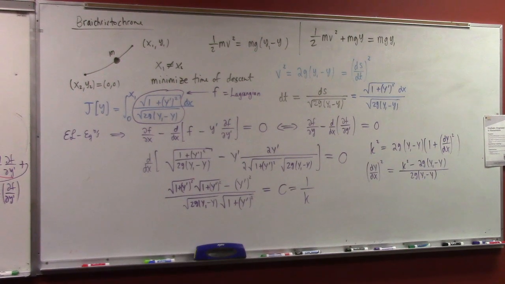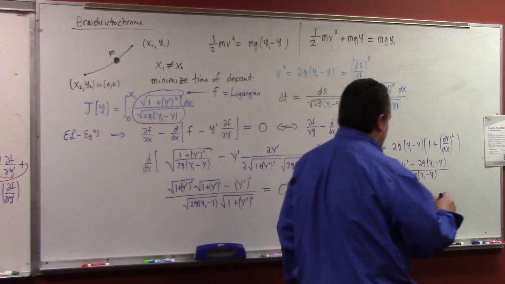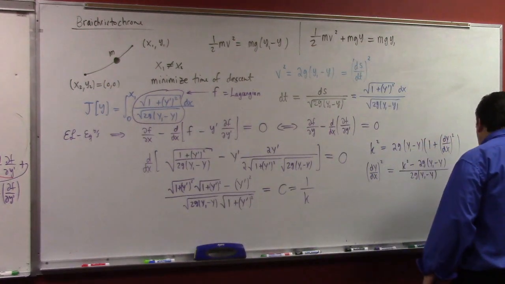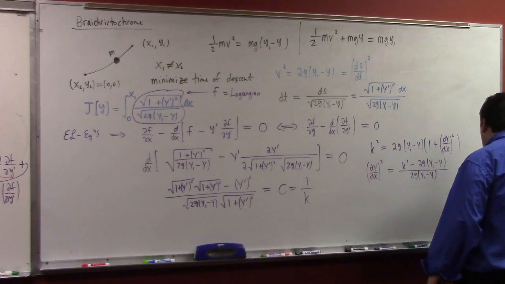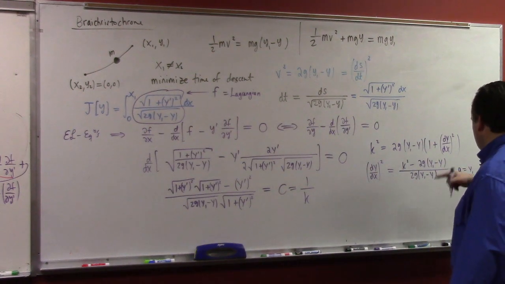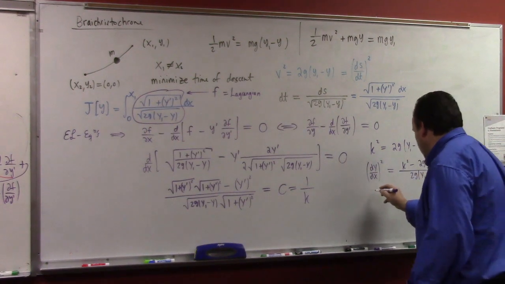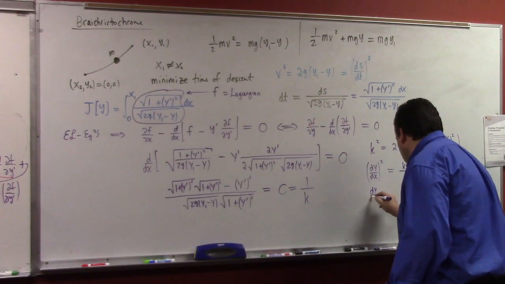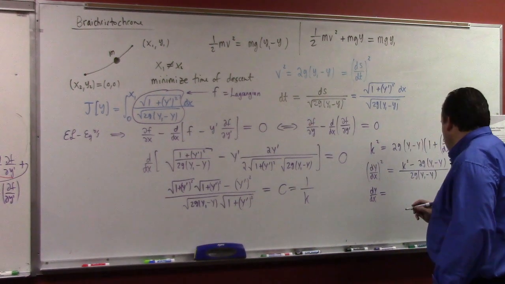So what you're looking at is essentially something of the form where I let a equal y1 and b equal k squared minus y1. A equals y1, b equals k squared minus y1. With that adjustment, we have dy/dx equal to,